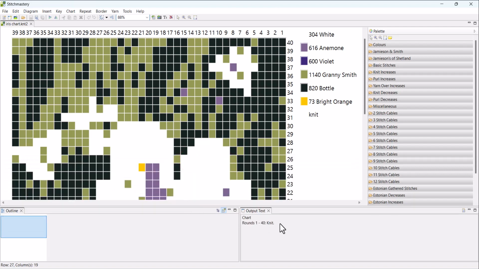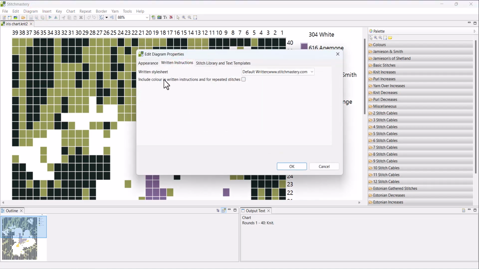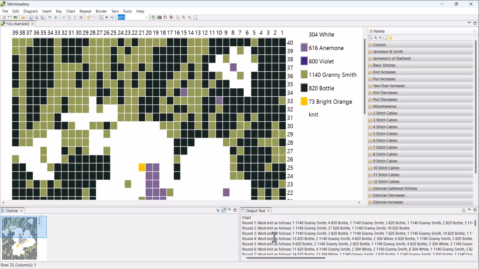And of course this is a colourwork chart, so we want to edit diagram properties and include colour in the written instructions because we're using yarn colours. So that's edit diagram properties, the written instructions tab, and then our output text will include the yarn colours.